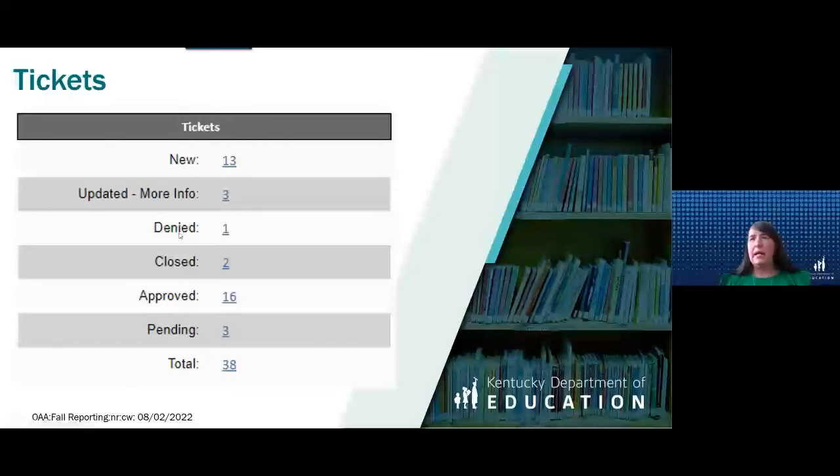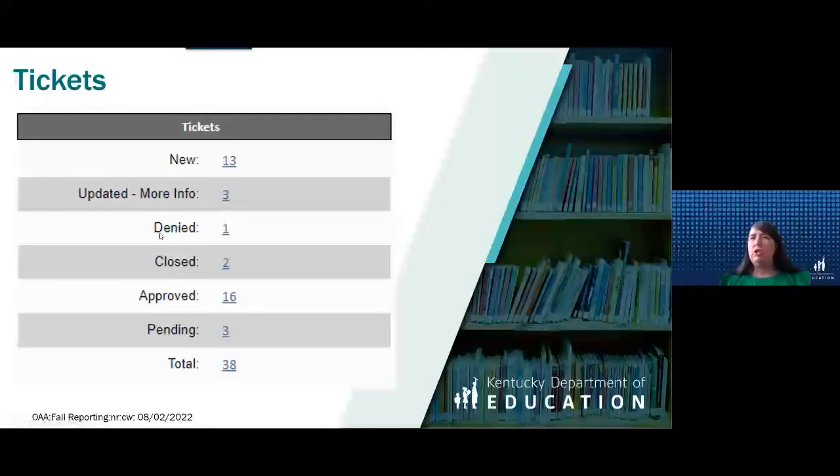And then always look at your denied tickets, because there are times where we'll deny a ticket and it's not just because we want to deny a ticket. It means that we denied it for a certain reason. Maybe you filed the wrong non-participation or whatever. And we always tell you why we deny it.